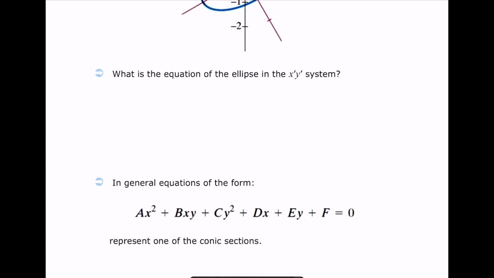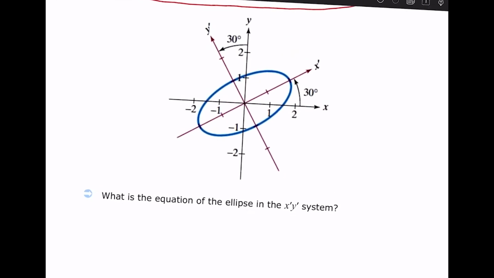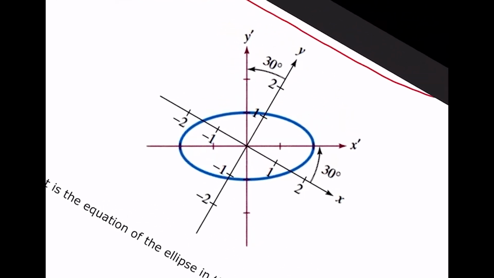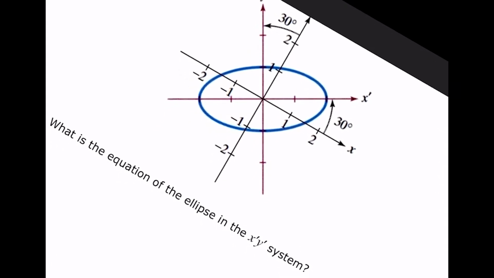What's the equation of the ellipse in the x prime y prime system? Well, if you could rotate whatever you're watching this on, your phone or a tablet, a little bit in order to make this ellipse look correct, so to speak. A computer screen, a little bit more difficult. But on the x prime y prime system, this equation would say